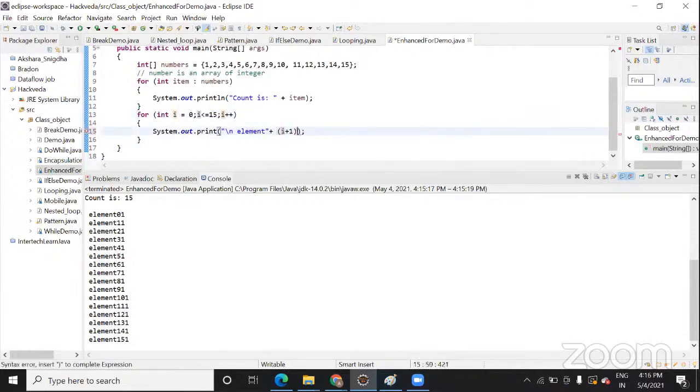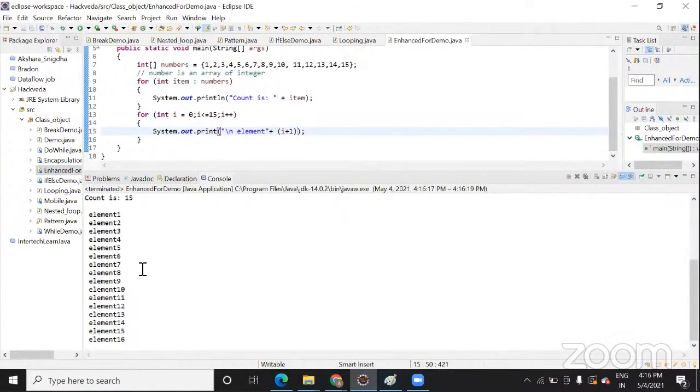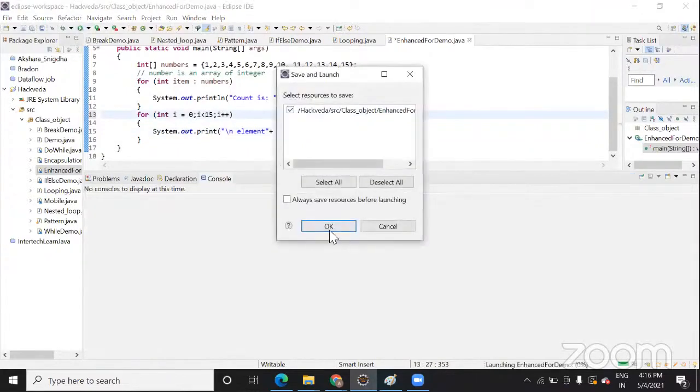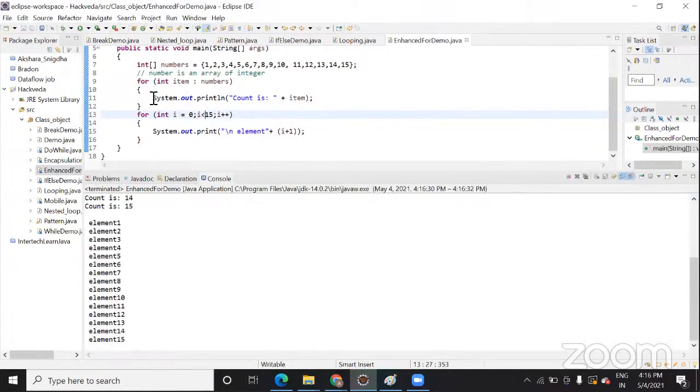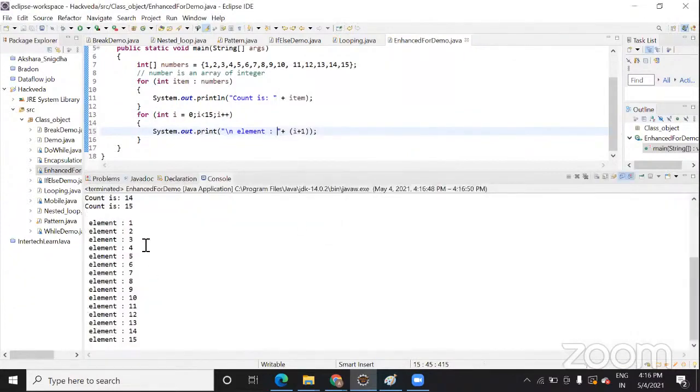Because I'm writing that, okay, element 1, 2, 3, 4, 16. Because here I am starting from 0 and going up to 15. If I take 15, then it will come to 15. This can be done by just adding a new line here. So when you add a new line, this element will keep on printing, and this bracket one, obviously it will. And if you want the space, you can give it space also. Okay, so this is the way of doing that.